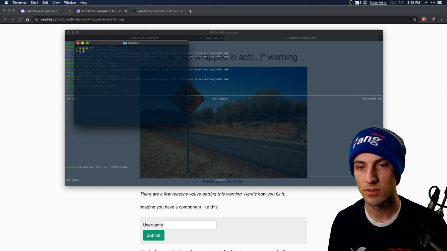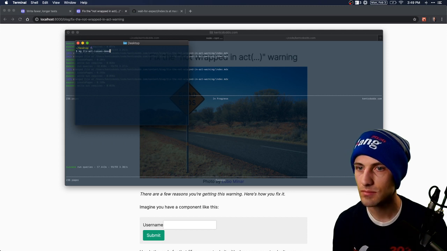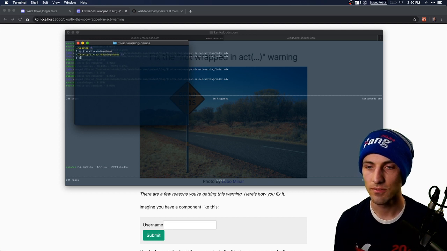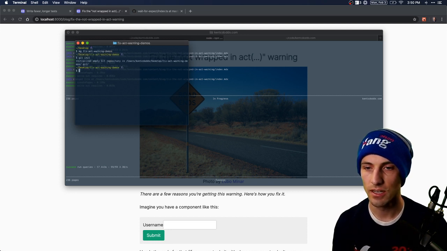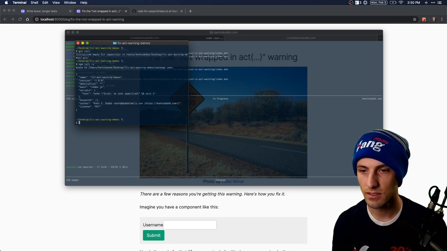We'll call it fix act issues, or demo. Fix act warning. Okay, git init and npm init with a yes,